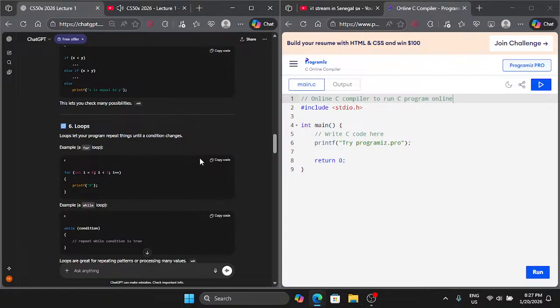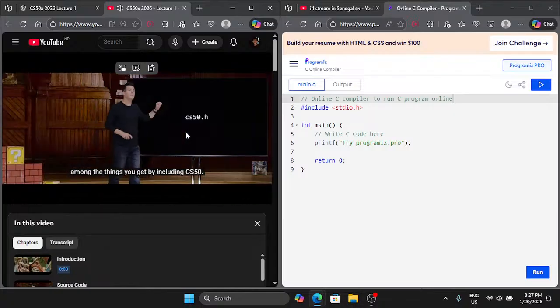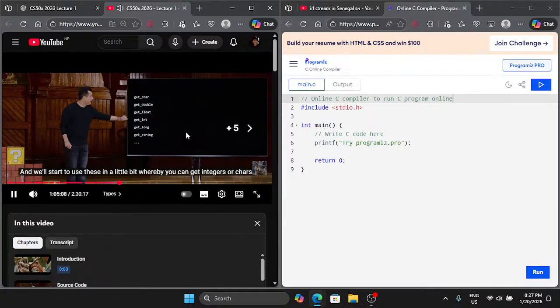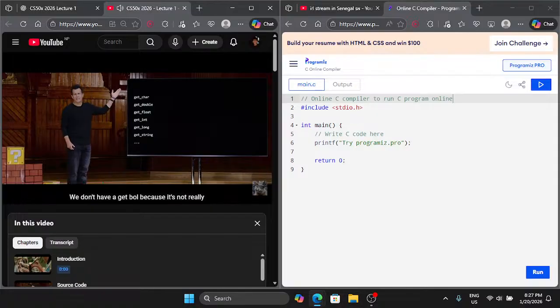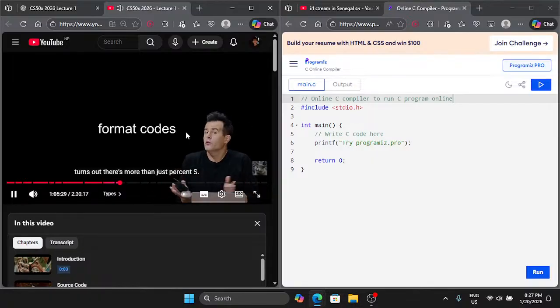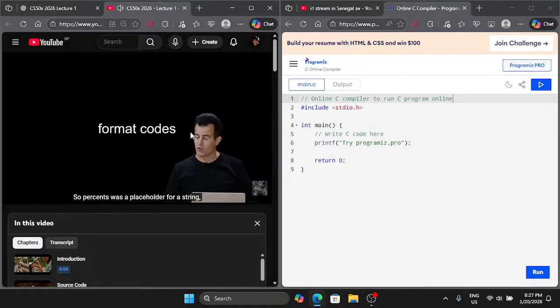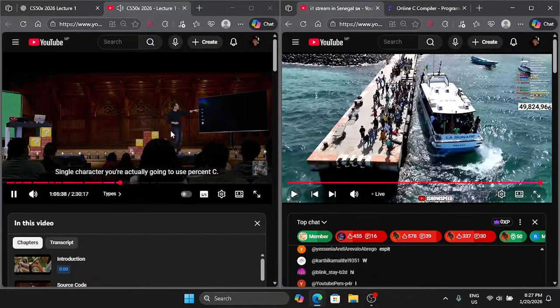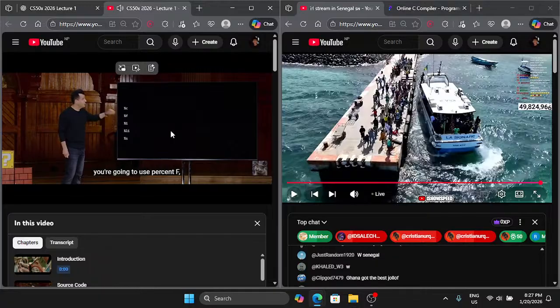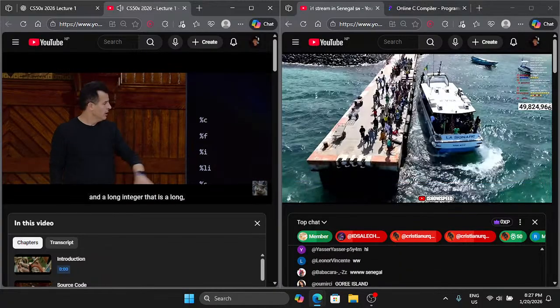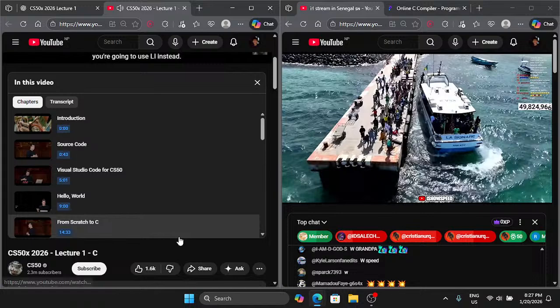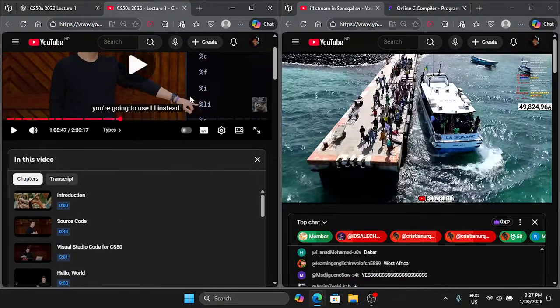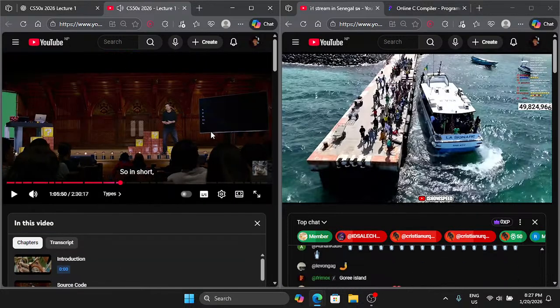A couple of those come specifically from CS50.h. So among the things you get by including cs50.h, whereby you can get integers or chars or doubles or floats, we don't have a get bool because it's not really useful to just get a true or false value. Turns out there's more than just %s. So %s was a placeholder for a string, but if you want to print out something like a char, a single character, you're actually going to use %c. If you want to print out a floating point value, you're going to use %f, an integer, %i, and a long integer, that is a long, you're going to use %li instead. So in short,